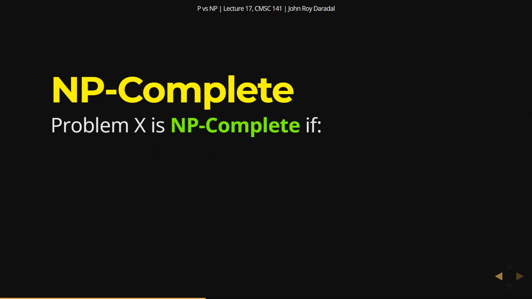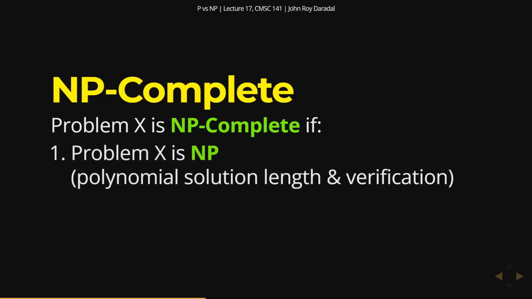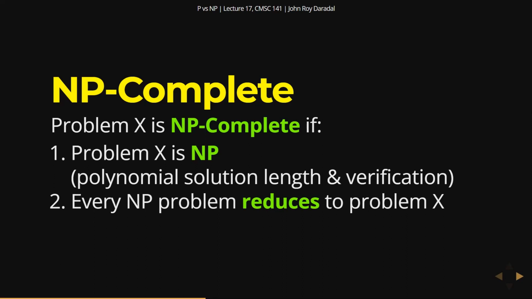So, now, let's talk about these problems that are called NP-complete. A problem X is NP-complete if, number one, it has to be in NP. So problem X is non-deterministic polynomial, so it has a polynomial solution length and polynomial time in verification. And number two, every NP problem reduces to problem X. Every problem in NP can be reduced to problem X,